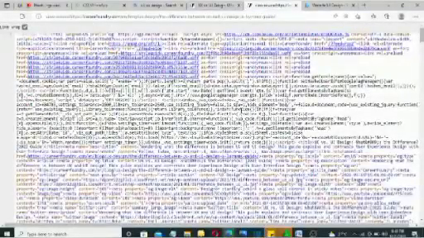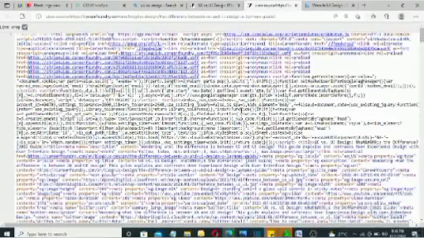I know it's kind of looking messy, but let me increase the zoom size. So as you can see here, everything you are seeing here